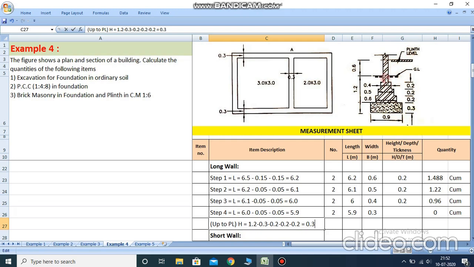Now we got the value 0.3 from ground level to the second step. So from the plinth level to ground level the value is 0.6. So here the wall thickness is the same for plinth level to ground level and ground level to the second step. So the summation of 0.6 plus 0.3 plus 0.6, its value is